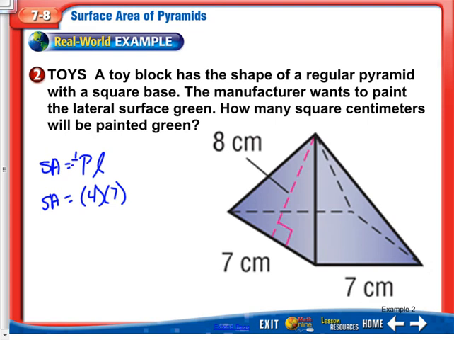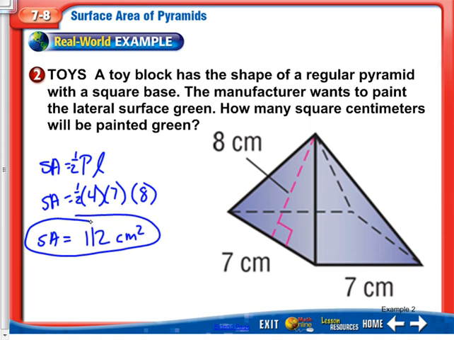Also, I forgot, we need to have 1/2 because these are triangles, right? So we have half. So 4 times 7, and then we're going to do the lateral height, which is 8. So again, you're doing a half of something, so take half of one of your even numbers. So half of 4 is 2, okay, and then we have 7 times 8 is 56, and 2 times 56 would be 112. So we have 112 centimeters squared would be our total lateral surface area. Again, we're not including the area of the base because it didn't want that. It just wants to paint